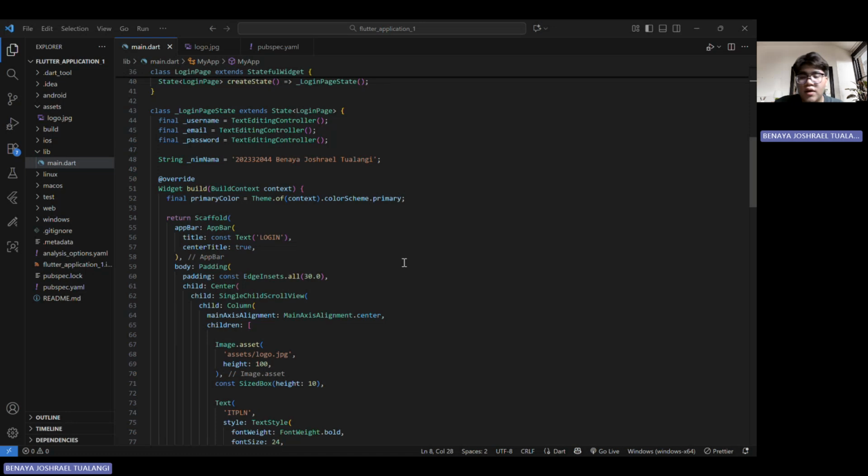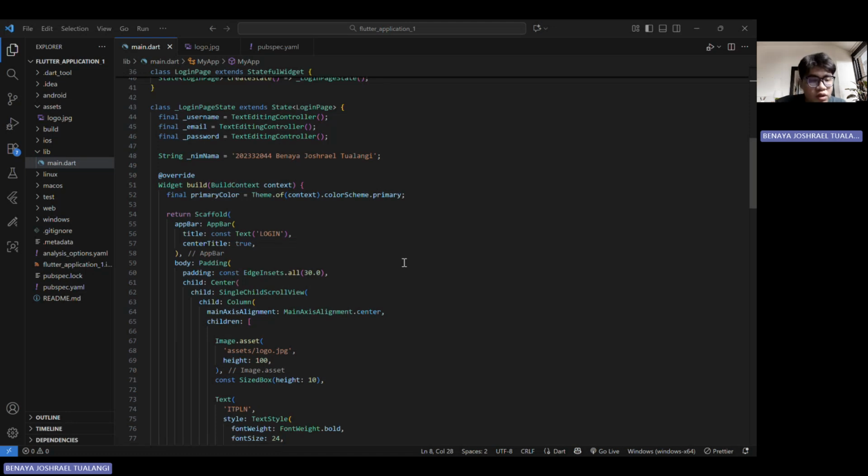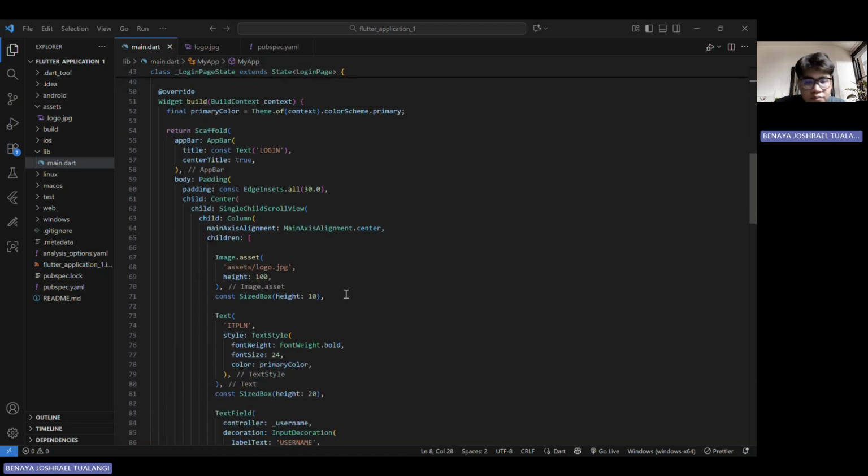Okay, on the third part, we have content and interaction. Here we jump into line number 67, Image.asset. It displays the ITPLN logo, which must be registered in the pubspec.yaml file.